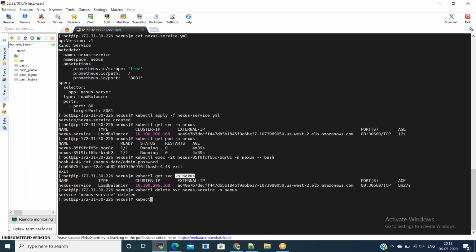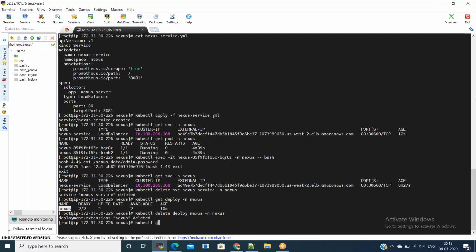Now we'll get the deployment, kubectl get deployment under the nexus namespace, and we can delete this deployment as well. kubectl delete deployment, the deployment name is nexus, and the namespace is nexus. -n is for namespace nexus. We have deleted the deployment also.